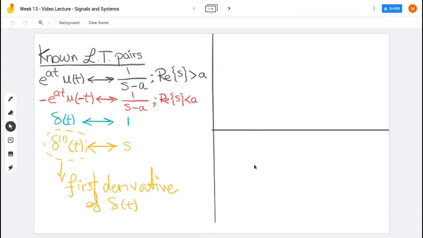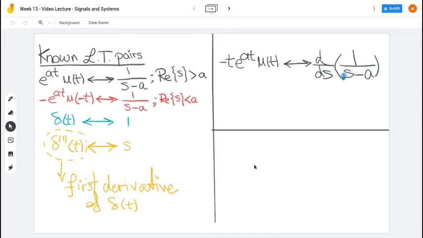The property says if we differentiate in s domain, we multiply in time domain by minus t. So in this case, we will be having minus t e to the power at u of t with the transform equal to